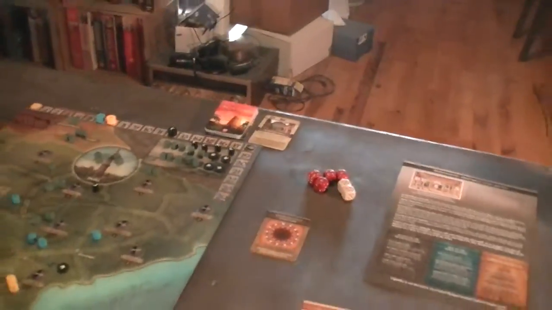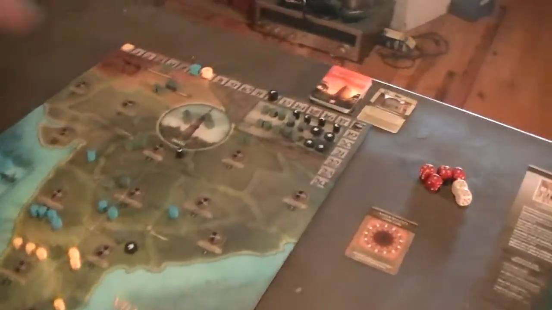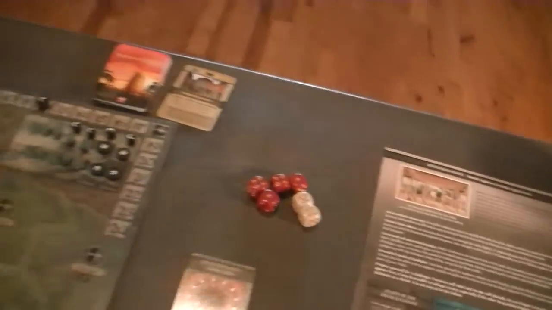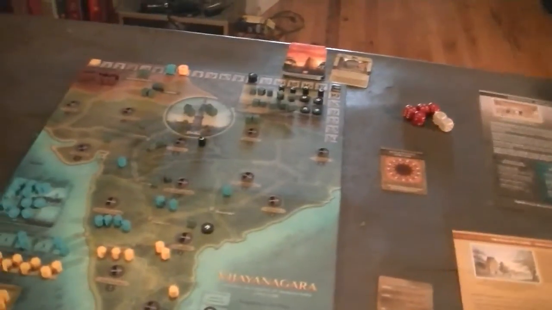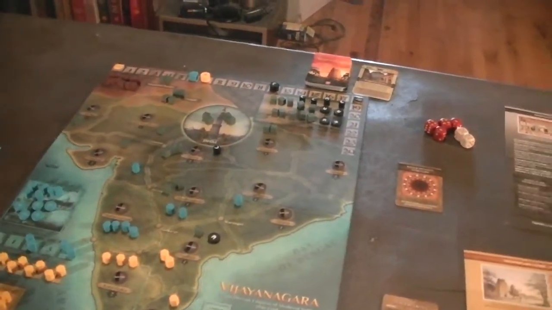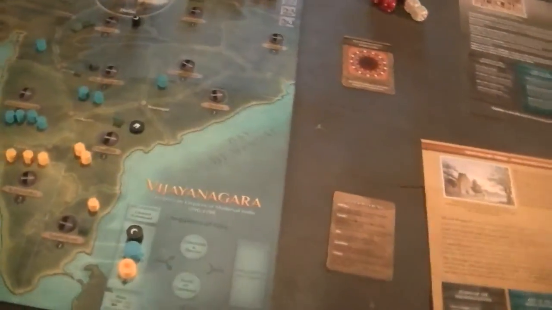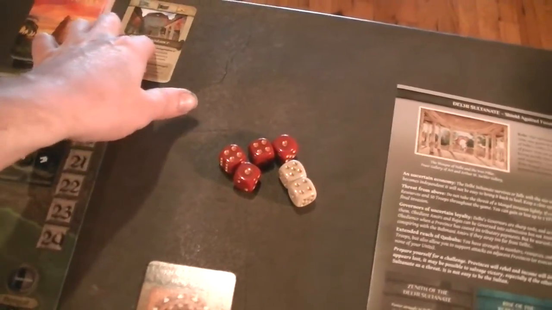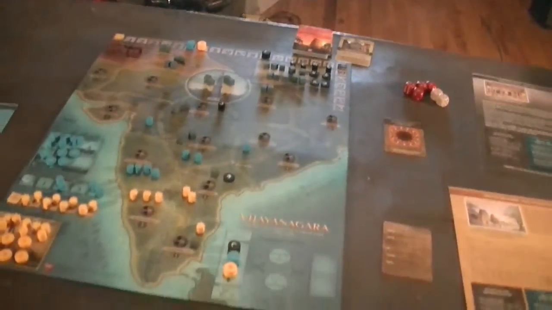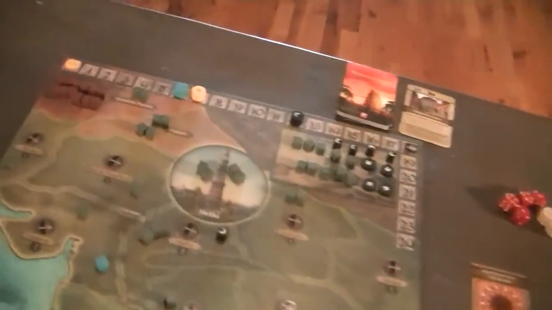Now, you're allowed to make deals in this game, so it's possible that someone might come up with some kind of deal, maybe being given cav or something, to pick the event that helps Delhi. So we shall see how much of that we're going to see. I have the feeling that's unlikely because an event is a powerful thing to fire off. Some of the events will say here that they allow you to remain eligible if you pick the event. Those are probably the weaker ones.